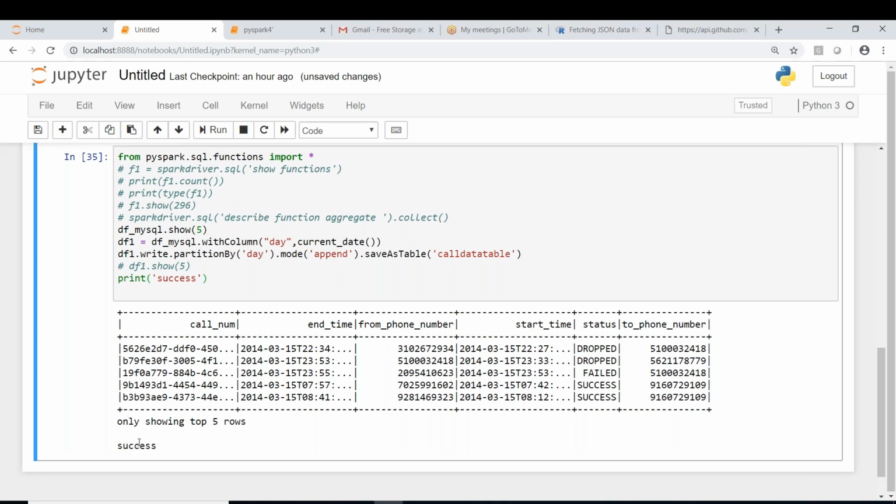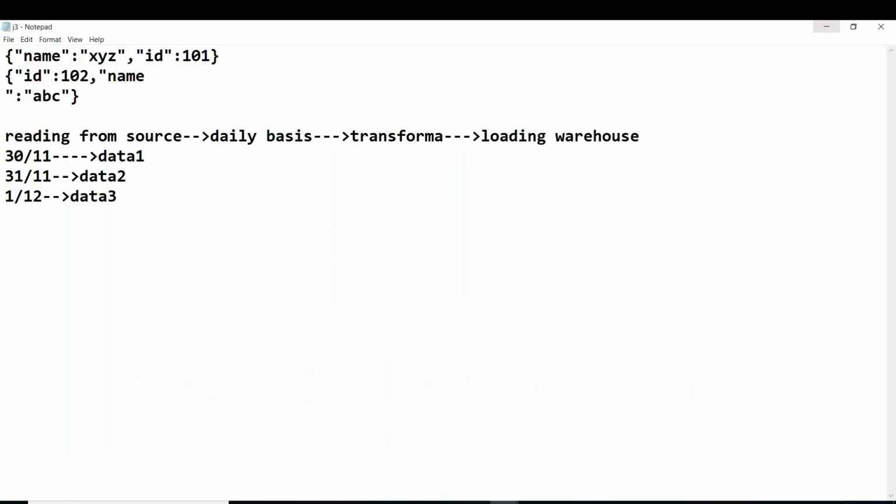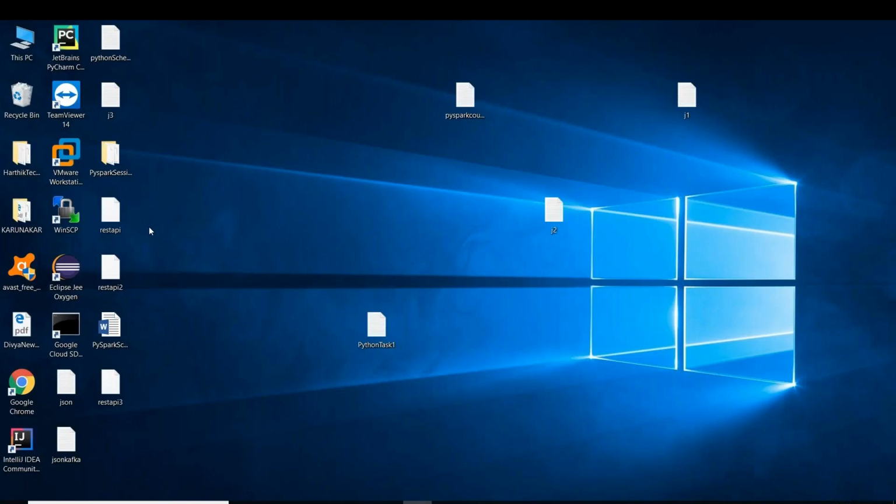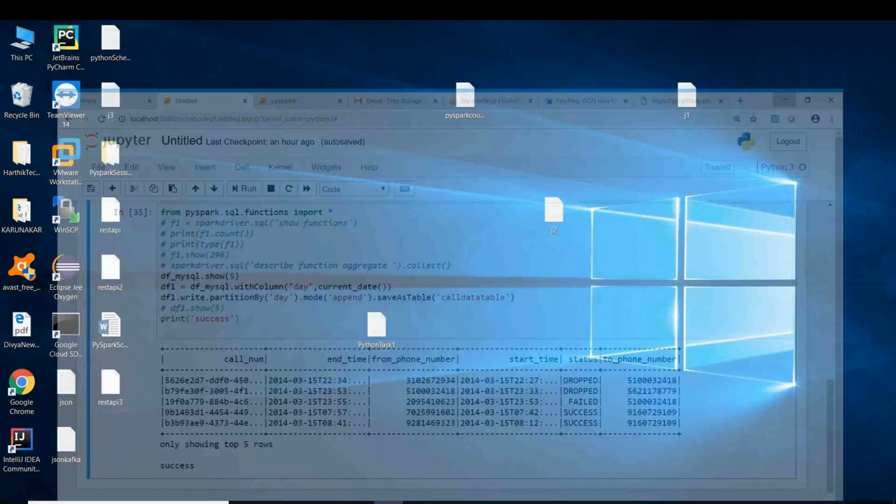Now, if we run the script with some other date, let's say tomorrow's date, it has to be created as another partition, isn't it? Now the data is created with one partition only, and tomorrow it must be created with one more partition. Got it? So how do we see that? I'm saving this entire script onto the desktop. You will have a Spark warehouse created.